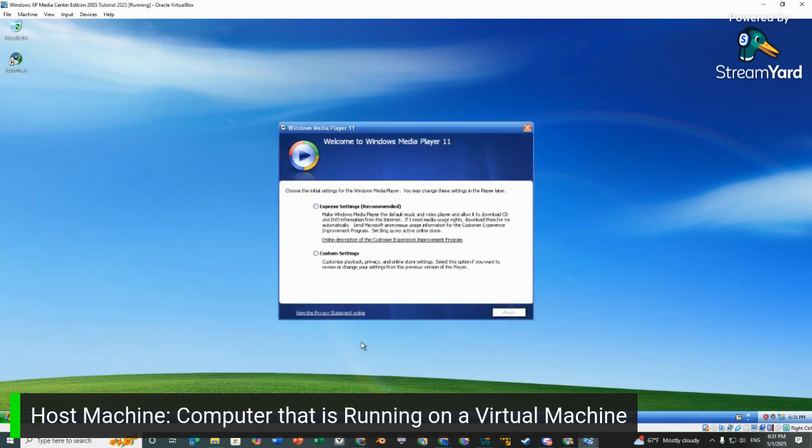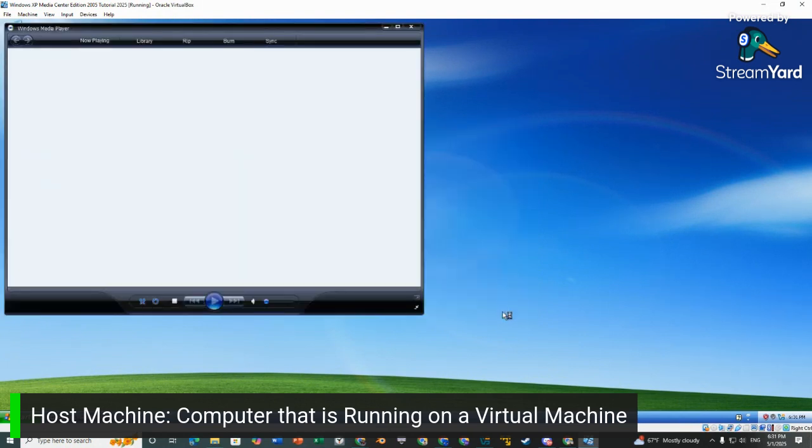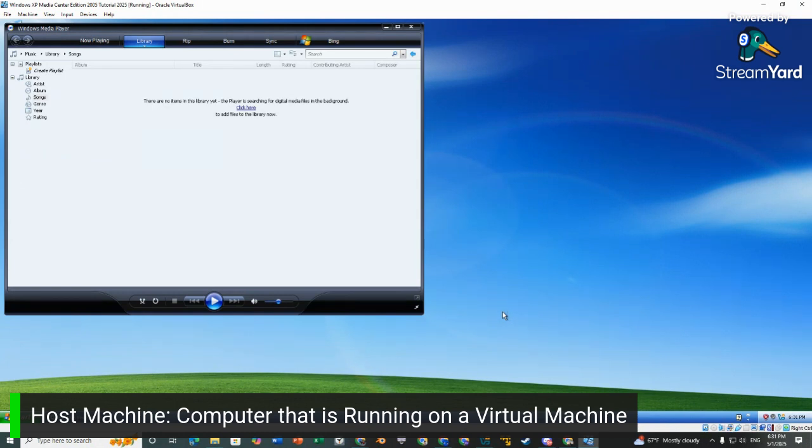Last but not least, we need to install a modern media player. Currently installed with Windows XP Media Center Edition 2005 is Windows Media Player 11, which is too outdated to load most of these things. I can load up some songs right here on Windows XP, but whenever I click on